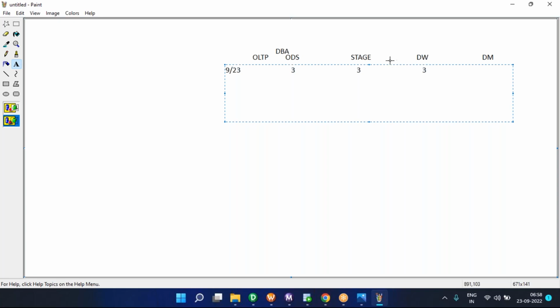We know between stage to data warehouse we create an SCD type 2 mapping. So the SCD type 2 mapping has extracted these 3 records from stage, transformed and loaded them into the data warehouse. Okay, today's load is done, completed successfully. Next, tomorrow